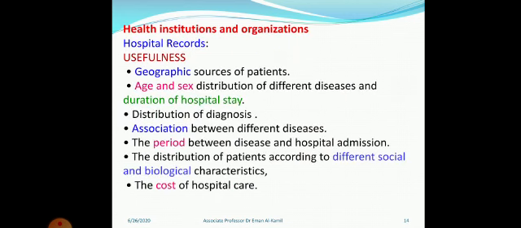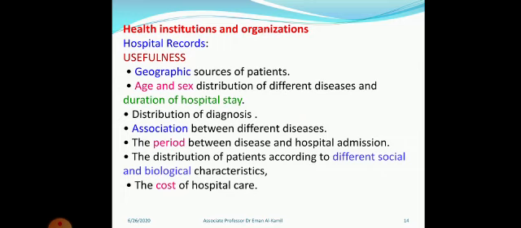As for health institutions and organizations, there are a large number of hospitals and different types of health centers, and private hospitals and private clinics. These different health institutions provide a huge amount of information, for example the hospital records. Hospital records are available, and they are huge, giving large information about